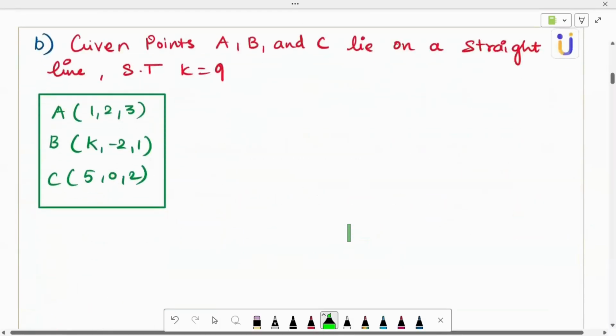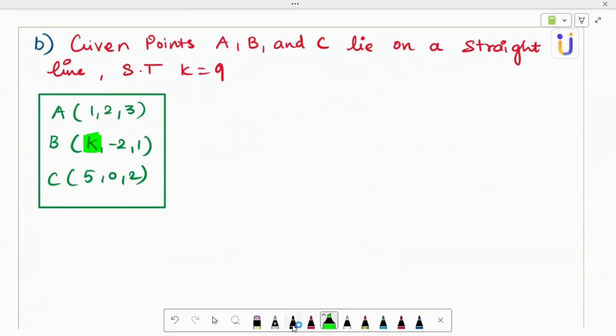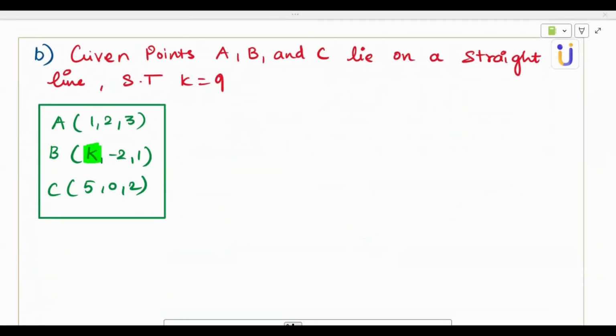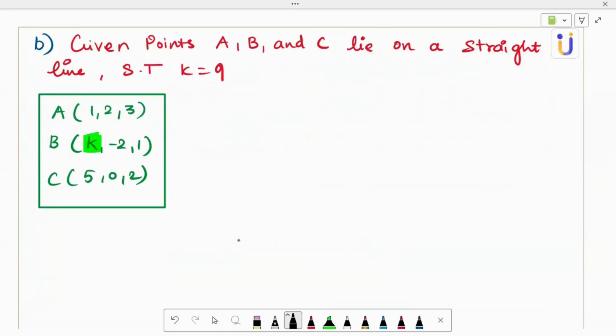Given the points A, B, and C lie on a straight line, show that K is equal to 9. So K is our unknown, right? We need to prove that K is 9, and this particular condition is given. These points lie on a straight line. So what is the basic concept we have to understand here? If 3 points in a 3-dimensional space lie on a straight line, then it should satisfy this. We should be able to express